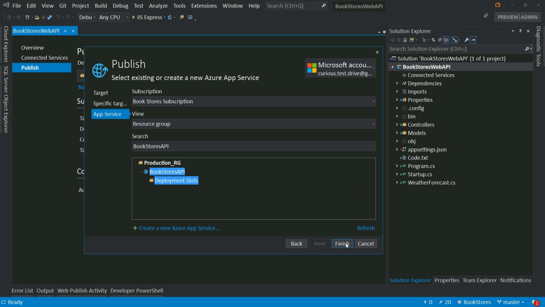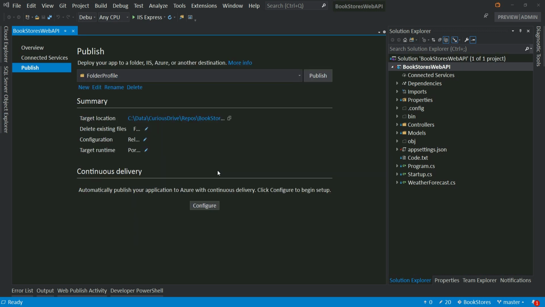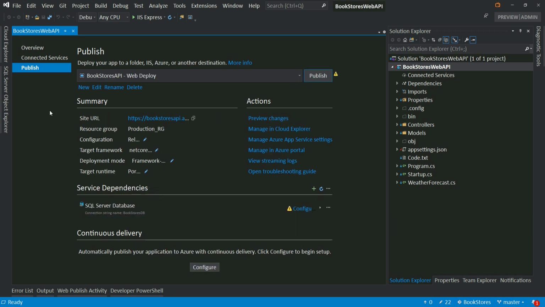Okay, so when I click on finish, it will actually create a profile, a published profile, which we'll use for deploying our web API. So if I click on finish, it will create that profile. Awesome, right? So let's go to our portal first and see what all things have happened there, and then I'll come back to Visual Studio and show you what you need to do to deploy your web API